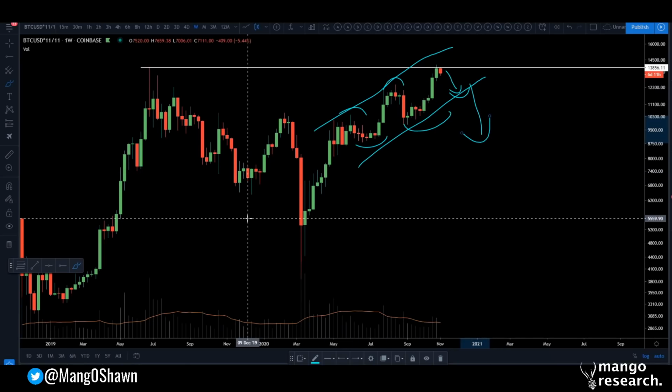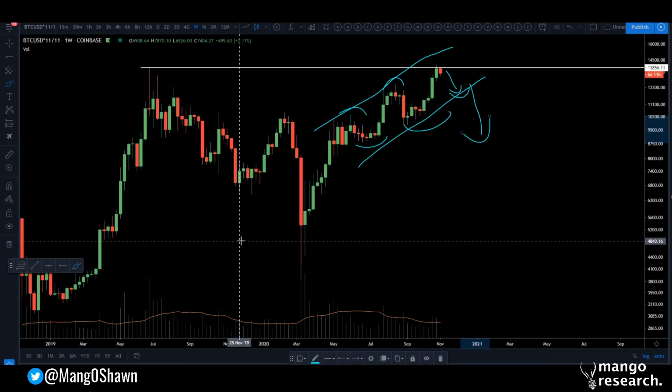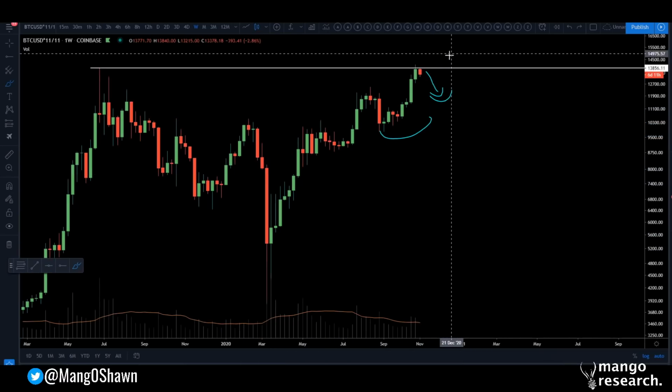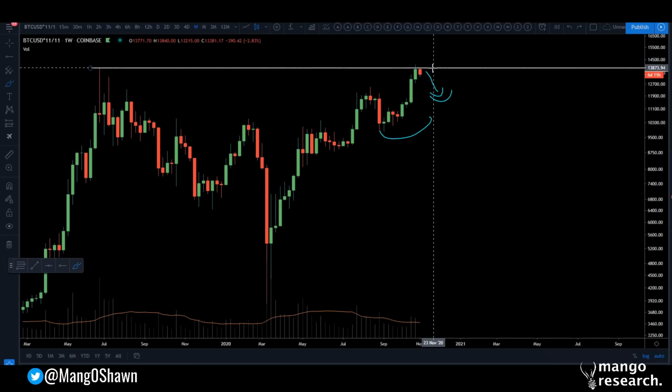Do not get too ultra bullish and think that Bitcoin can only go up because PayPal is buying, Goldman Sachs is buying. Don't think like that. Remember, trade the charts, trade what's in front of you. Always have your risk management in place. Okay, so on the weekly, we have not taken out the high on